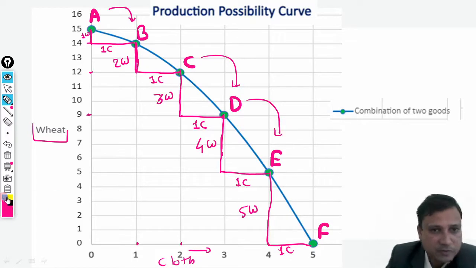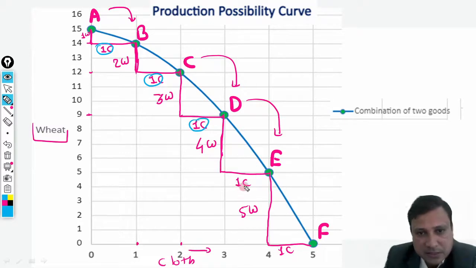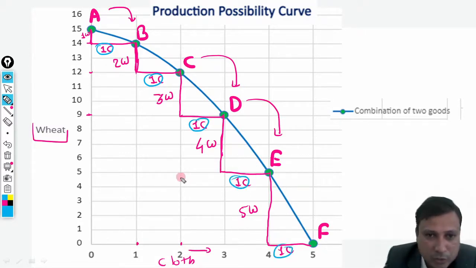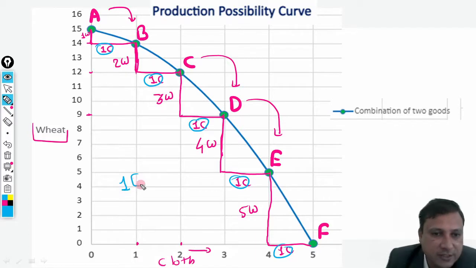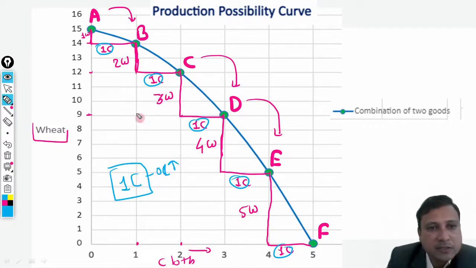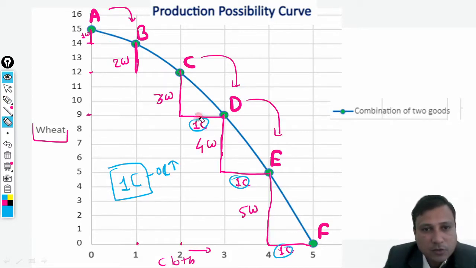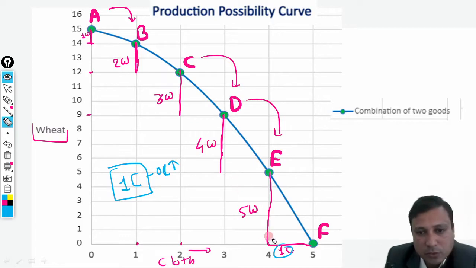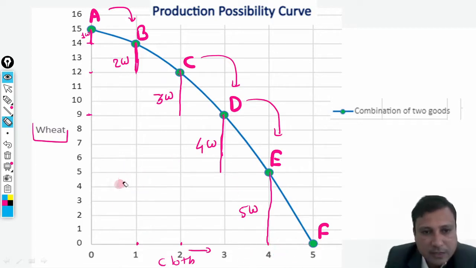You can observe this thing, this 1C change in cloth remains the same, but to increase 1 unit of C, how much is the opportunity cost? The opportunity cost is increasing. How is it increasing? You can see that here it was 1W, then 2W, 3W, 4W, 5W. So what am I going to do? I am going to wipe out this 1C change. And why am I going to do this? Because in this way you will understand